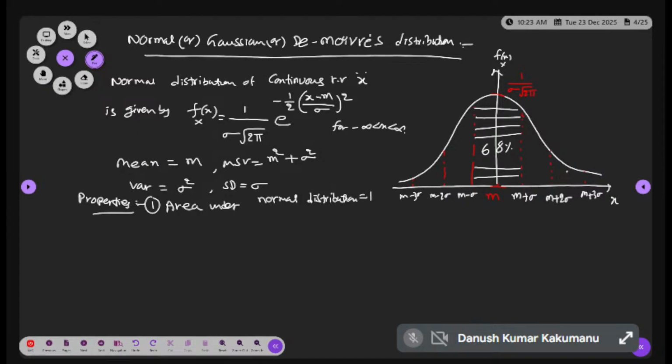This is well known to all of you. Area under any distribution is also 1. Area under normal distribution is 1. Second property,